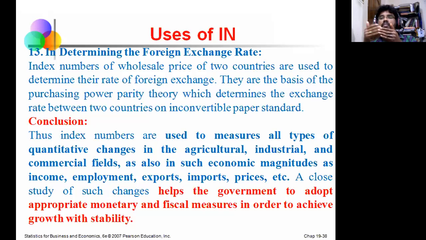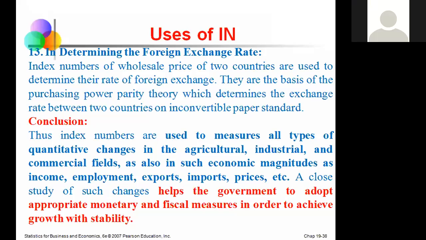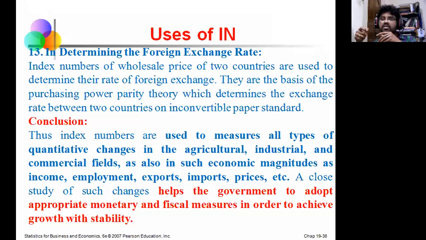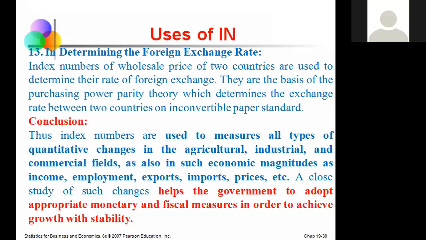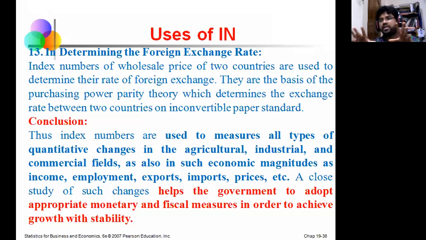For example, here the price of $1 is equal to 70. Here our rupee value decreases, because $10 was equal to 700 earlier, and at present $12 is not equal to 700. We have to pay 840 rupees. It means that our rupee value decreases. So am I right here, students? That is the thing: we should implement the exchange rate between the two countries on inconvertible paper standards. Within the exchange rate, we also have the floating exchange rate or fixed exchange rate. There is a difference. Okay.